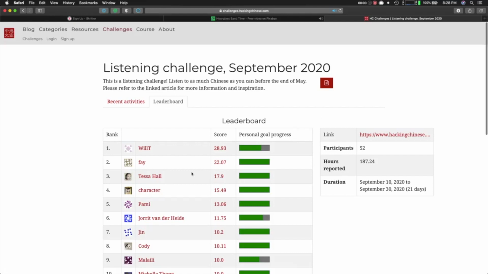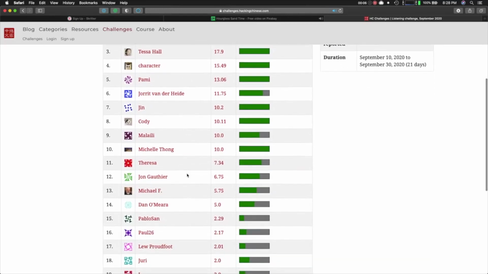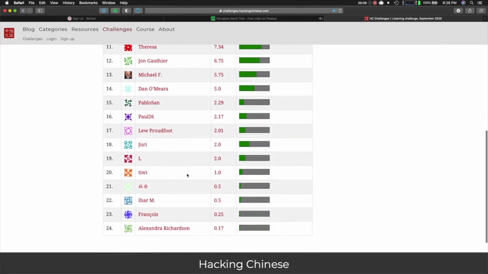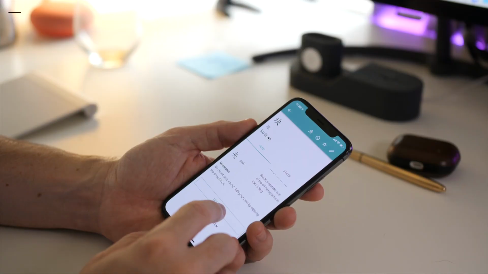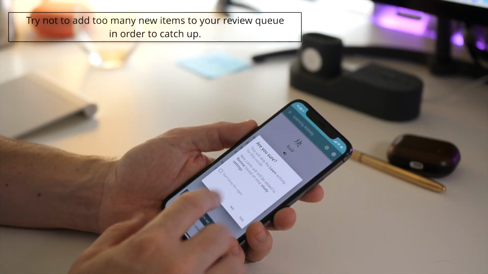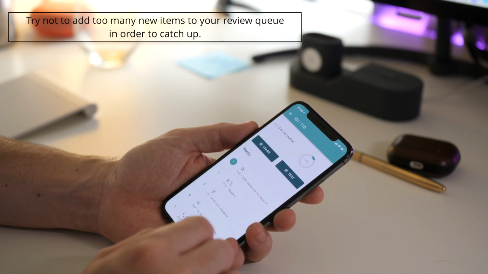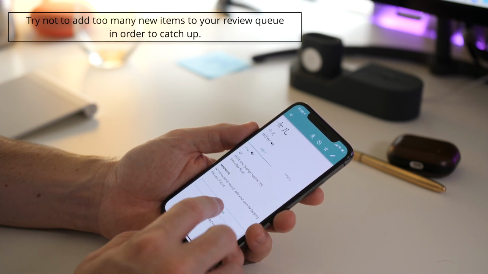And Olle, as we're talking about goals here, I think it's important to point out that everyone's situation is going to be a little bit different, right? There is a leaderboard. It's supposed to be a friendly challenge. But I do think it's incredibly important, listening to both of us talk about this, we're talking about daily goals here. These are things that we're trying to commit to every single day because we want to build healthy habits, right? Sometimes it's so easy to go gung-ho and be like, I'm going to do 5 hours today or whatever. And if you're using a system like Skritter or maybe Anki, spaced repetition systems, that actually hurts you in the long run, right? Because you add these new words, and then later on, they kind of come and bite you in the butt a little bit, right?